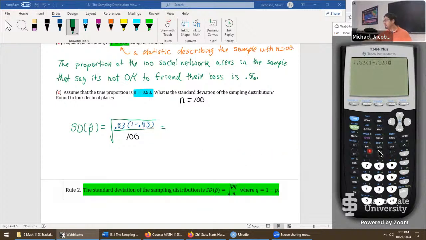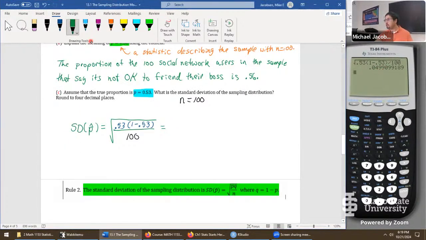We need to divide, so just hit divide, and it'll do that immediately for us. Type out 100. As long as you see the square root symbol going that far, covering the 100, you've got the right thing. So it should look like about this in your calculator if you do it in that order. So to 4 decimal places, we're looking at 0.0499.